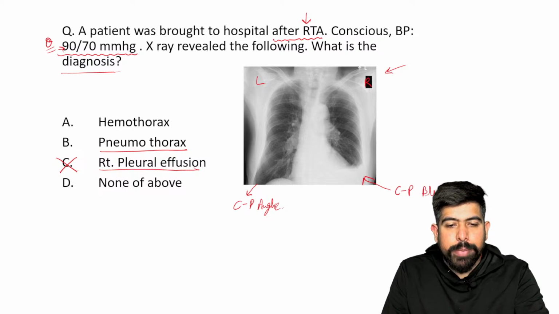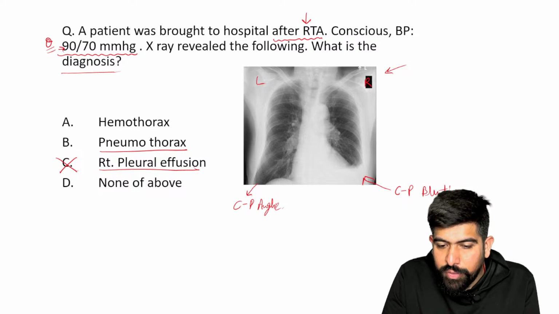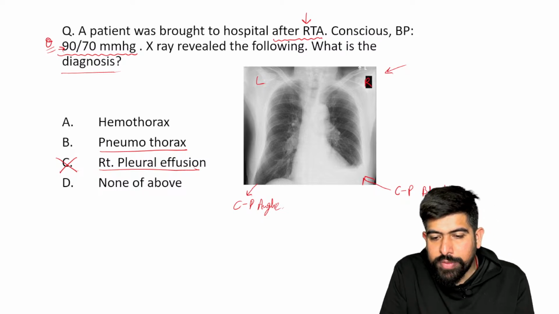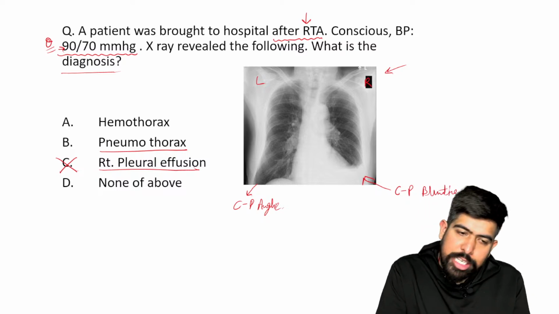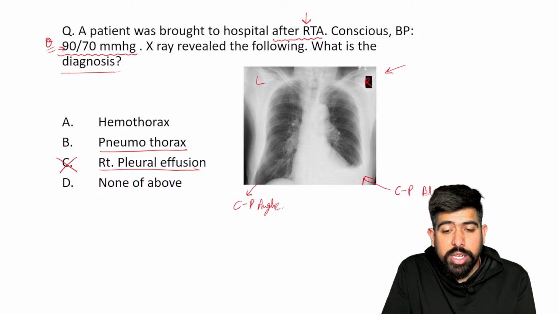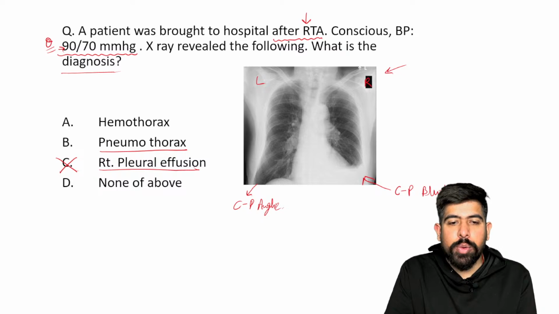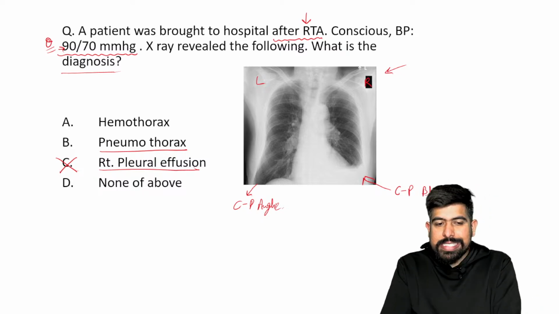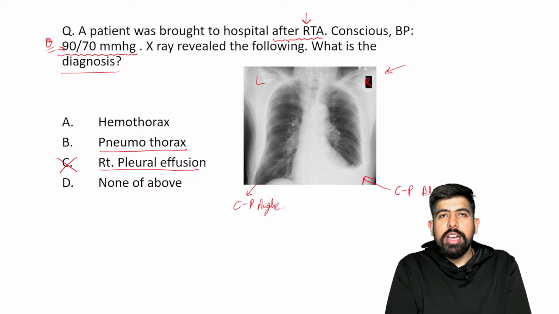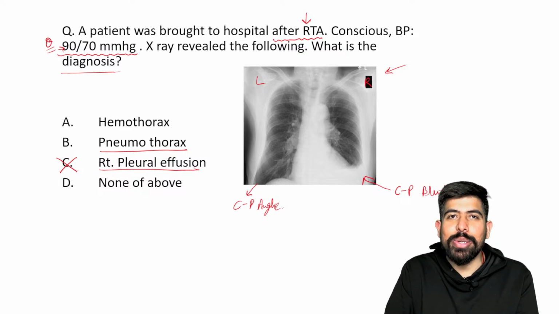Who is replying B? Just let me know about it. That is why I thought of effusion, there is no history of RTA. Yes, if there is no history of RTA and this X-ray is given to you, that should be pleural effusion. That's why I'm clearing up what the examiner wants to confuse you with. You are not reading what is happening in the exam. Please understand this. What you will do on the 12th of January, maybe this is possible, but after this session, I think you will not do this.